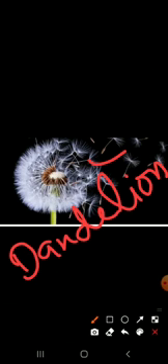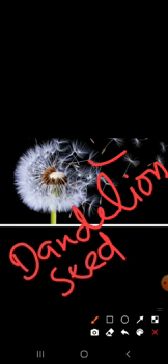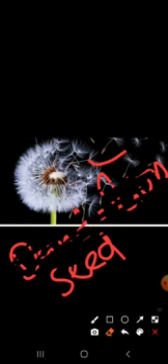Seeds are produced throughout the summer. Spreading of seed is called seed dispersal.